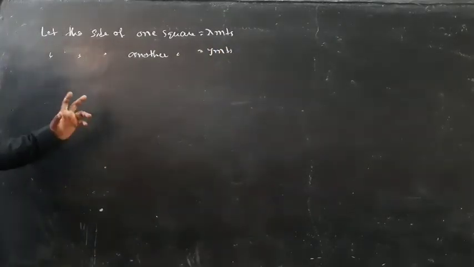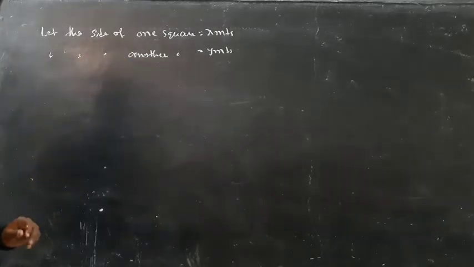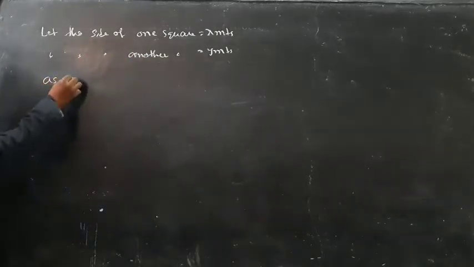Let the side of one square be x meters and the side of another square be y meters. So as per given,